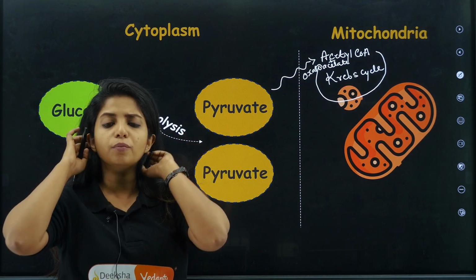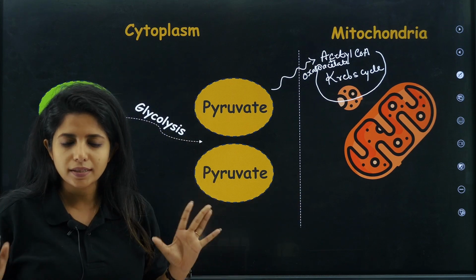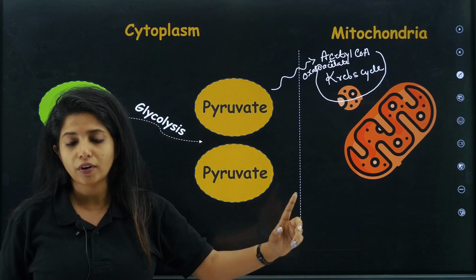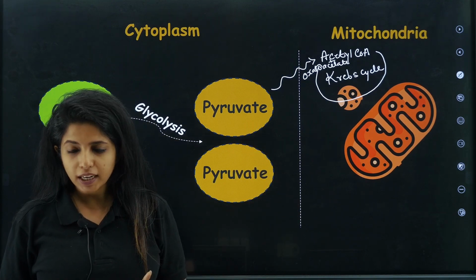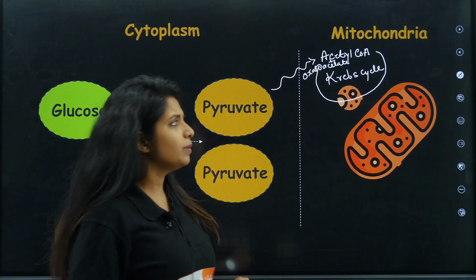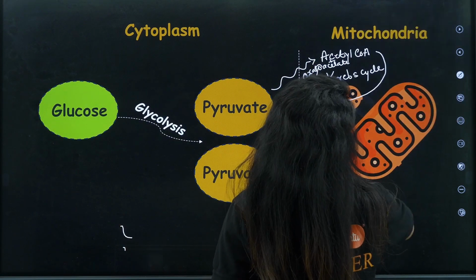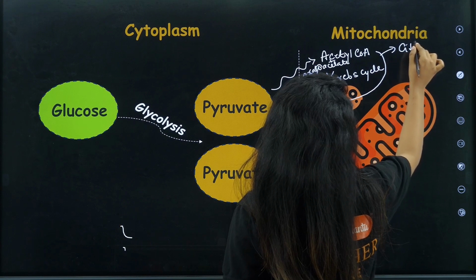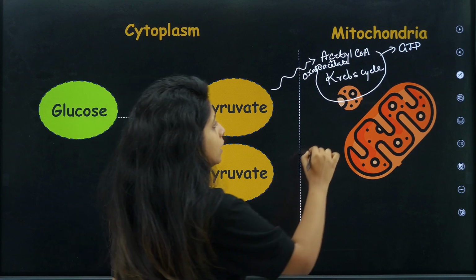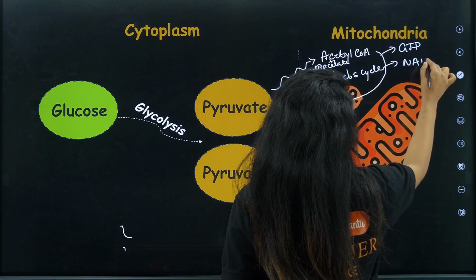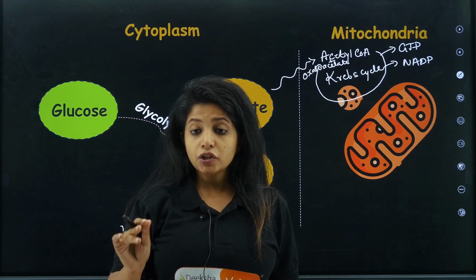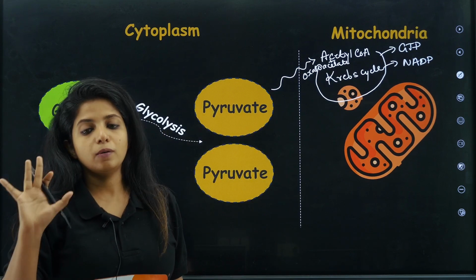Now, if you're finding it difficult to remember the terms, it's okay. I just want to tell you the basic thing. I just want you to have an idea of how it forms energy. Everyone says that glucose helps in the formation of energy. I want you to understand it as well. So presently in the mitochondria, all this is happening. But why am I doing this? Basically because I want certain energy molecules such as GTP, NADP. These are all energy currencies. For example, you can think of it as a currency. Dollar is the biggest currency that we have as of now. Think.